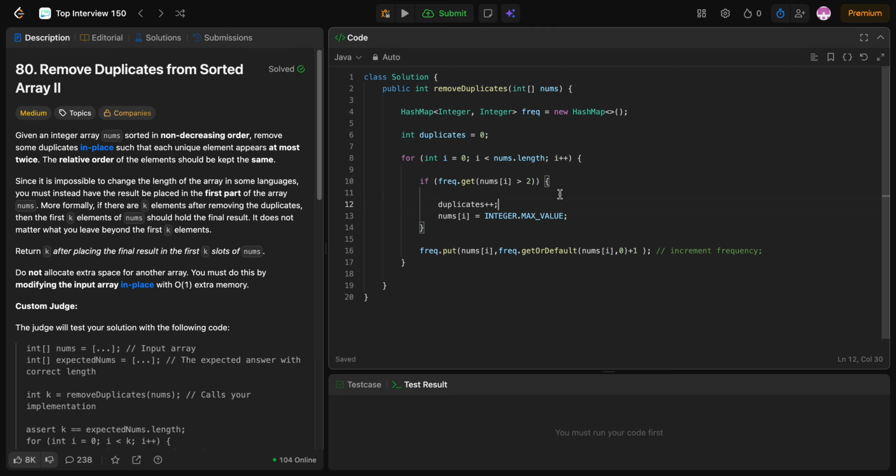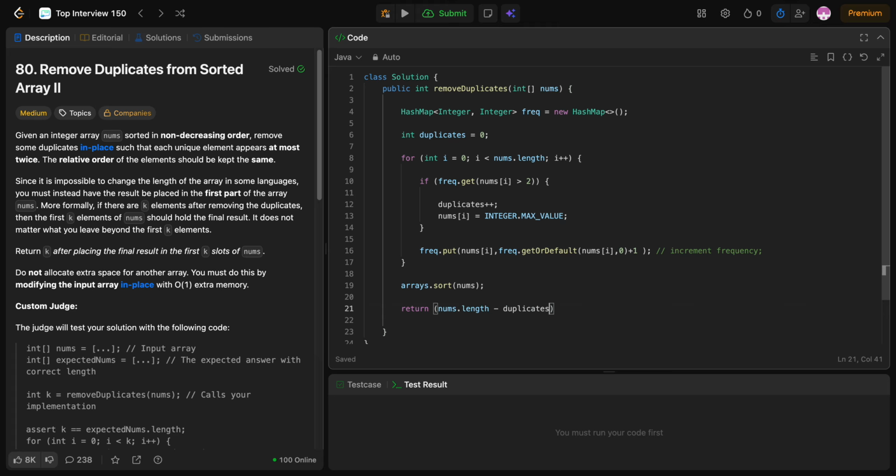If the frequency of this integer is currently greater than 2, then we will do the steps to remove it. Otherwise, we will increment the frequency of this integer. And then once I'm done with this array, we can simply do Arrays.sort(nums), which will move all of these Integer.MAX_VALUE values to the end, and then we can say return nums.length